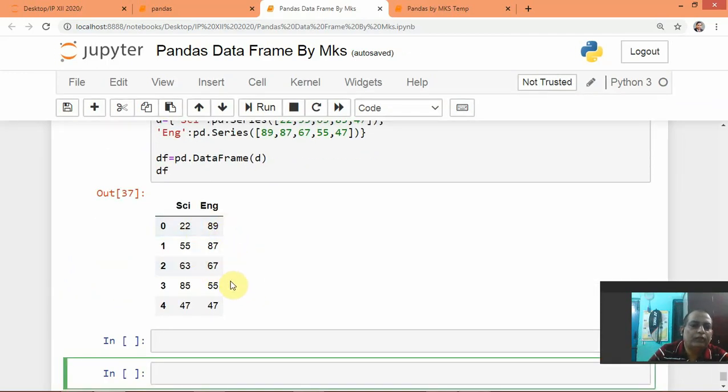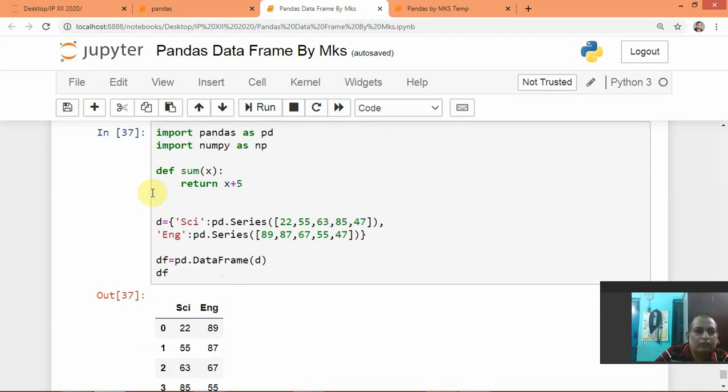Now we want the elements of the data frame to be increased by 5, and for that we want to use this user defined function. So what will we do?